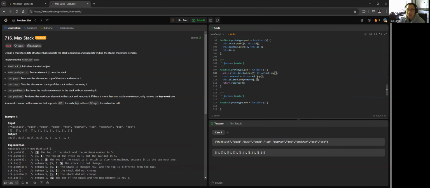So while the deleted set has the last element, this is the last element in the stack, stack[length - 1]. We're going to look at the last element's ID, because we only store the ID in our set. So if we see an element that we have deleted earlier in the max heap,